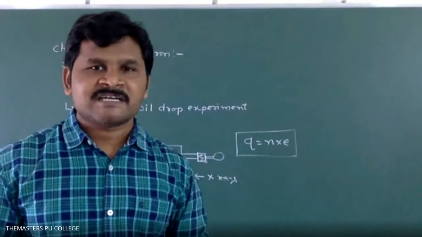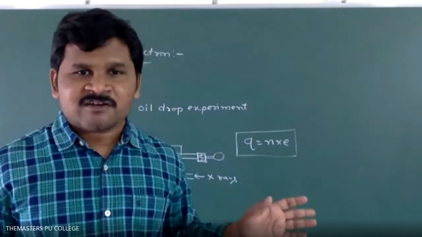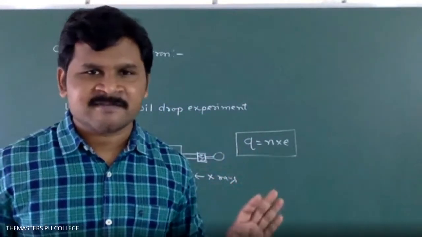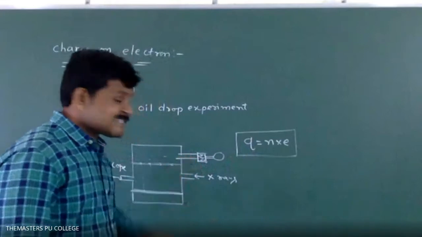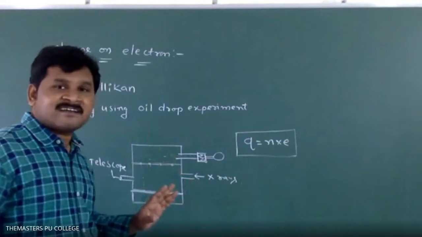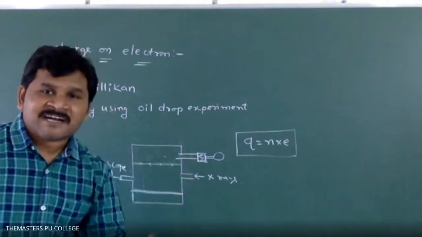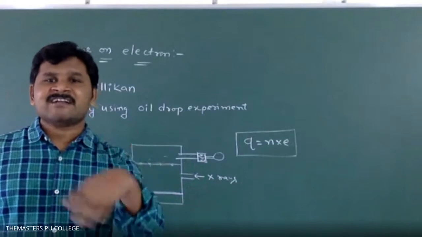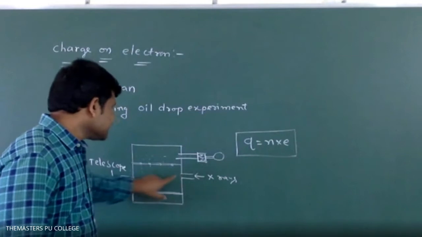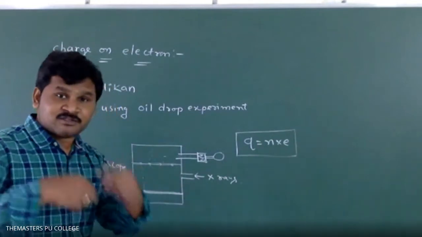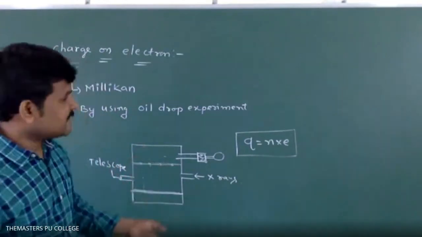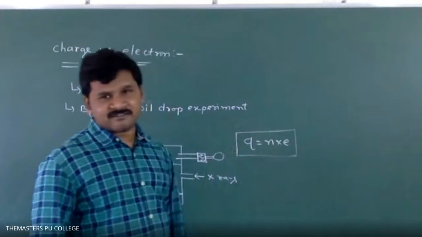Here in the textbook, he did not give any data related to calculating the charge of electron. The final answer he gave, that we have to remember as it is. Now, what is the use of X-rays? By passing X-rays inside the container, we ionize the air present in the container, converting air into ions. Whenever the air is converted into ions, it is associated with this oil droplet also, then the charge of the oil droplet and the charge of the electron will be different. That's why we get the formula Q is equal to N into E.